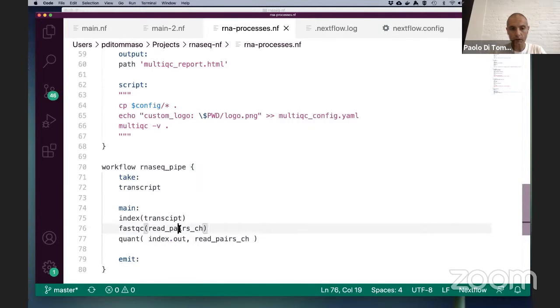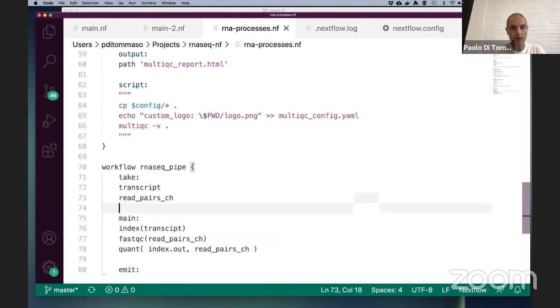And then we can reuse the same name, read per ch. But what is the difference? What if I'm not declaring this? If I'm not declaring this, basically, this read per ch is expected to be a variable defined in the global scope of the script, but this is not what we want to do, because we want to make it possible